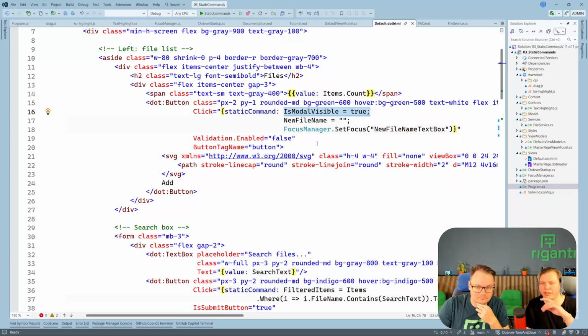So this is what multiple static commands look like. When we want to set multiple values, we just put a semicolon there and another static command. Or expression. Exactly. Yeah, you can use a semicolon and put multiple expressions there. Just be careful if you set something in the viewModel, then call some function on the server that could take some time, and then set something else in the viewModel,